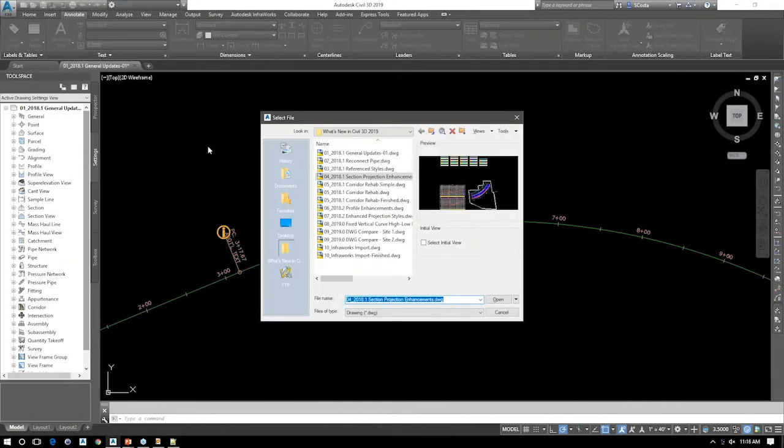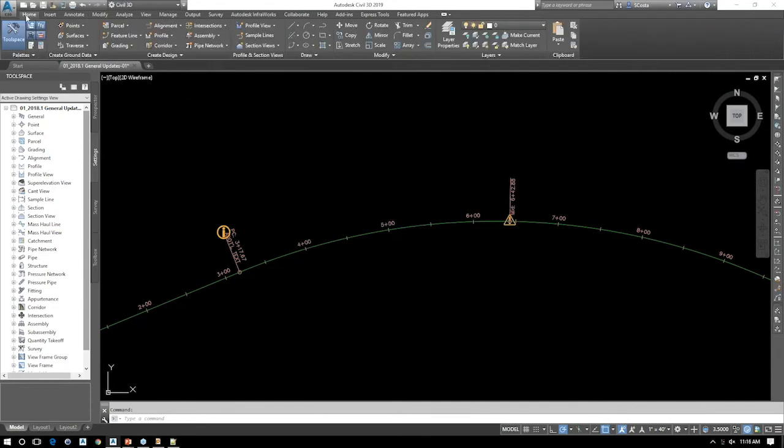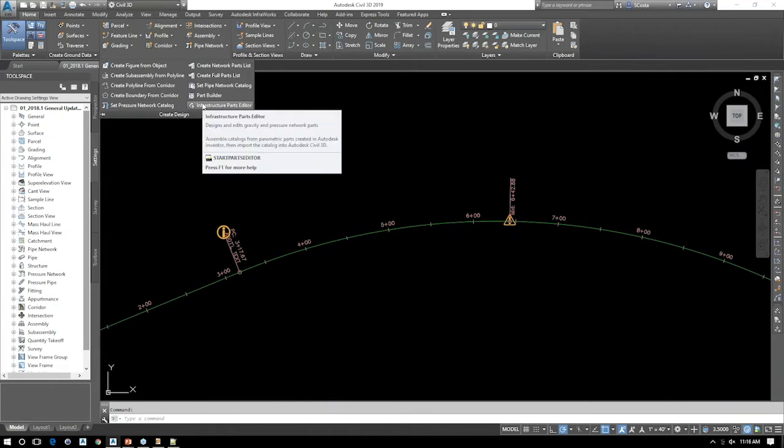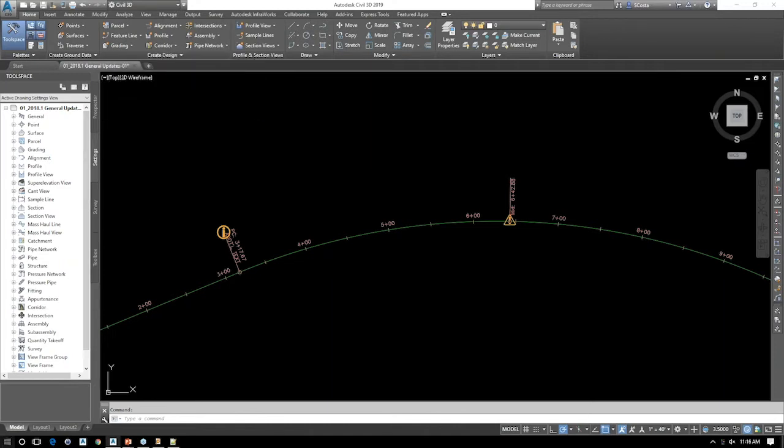I'm going to go ahead and, while I'm in the same drawing, I'll point out the second item. In previous versions of Civil 3D, if you wanted to launch the infrastructure parts editor, which allows you to create structures in, let's say, a product like Inventor and then migrate them over into Civil 3D and InfraWorks, you would have to go to your Windows icon, go to Program Files, find the shortcut, and launch it. Alternatively, you could create a desktop shortcut, but in essence, you were launching it from outside of